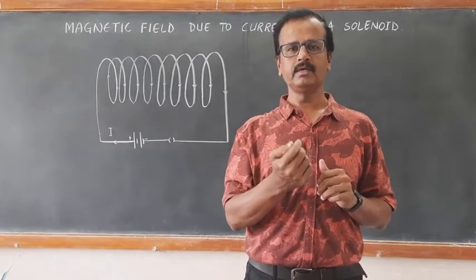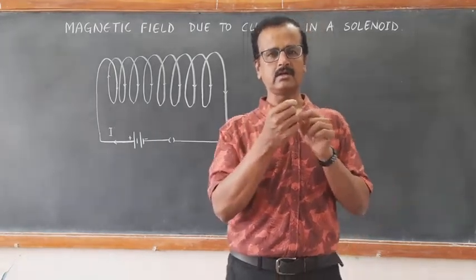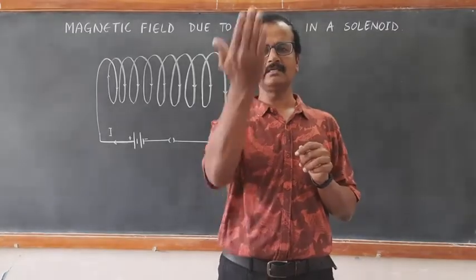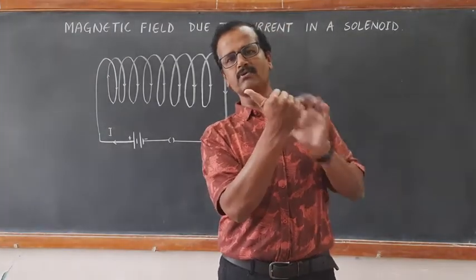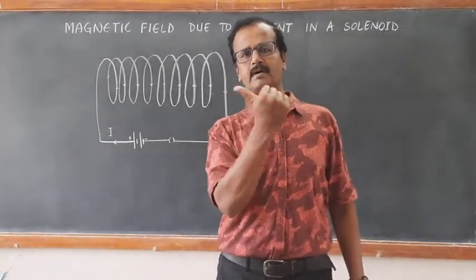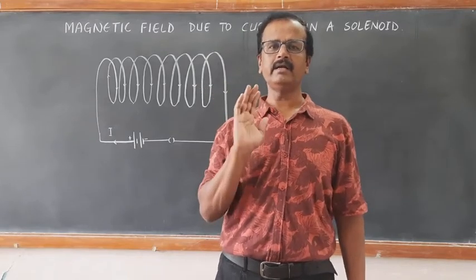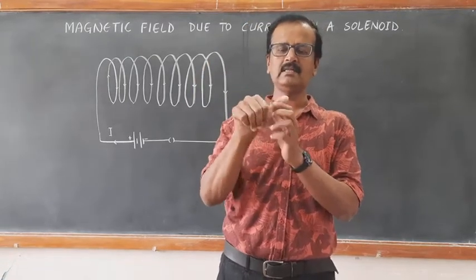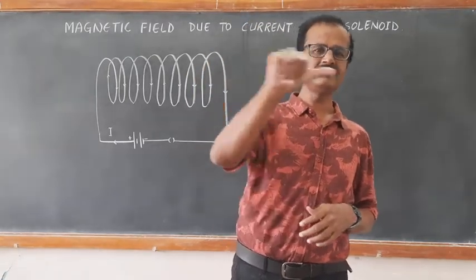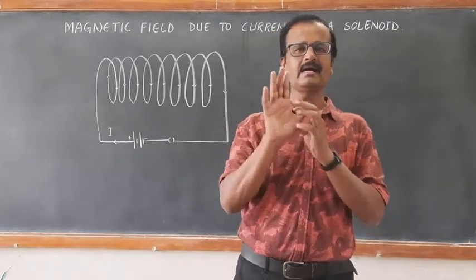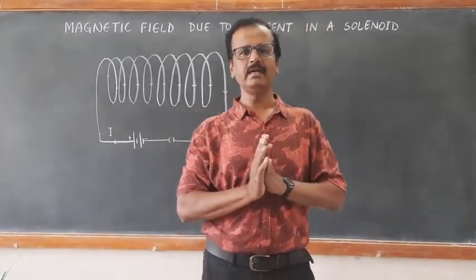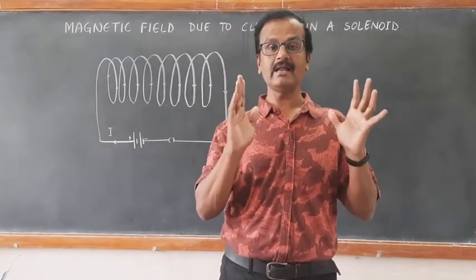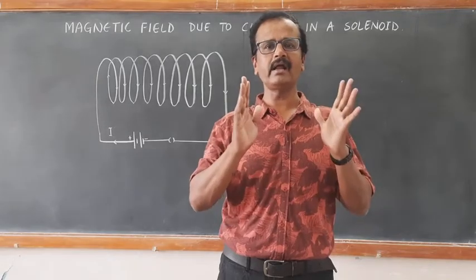hand rule. If the current in the circular loop is in the anti-clockwise sense like this, then the magnetic field is followed by the thumb. The thumb represents the magnetic field. On the other hand, if the current is in the clockwise sense, then the magnetic field is followed by the thumb, that is towards the left side. So the right hand thumb rule helps us to find out the direction of magnetic field due to a circular current carrying coil or circular current carrying loop.